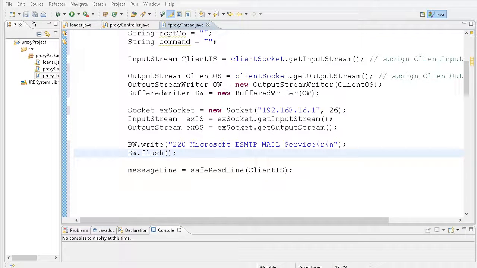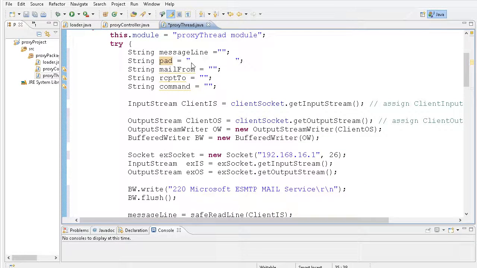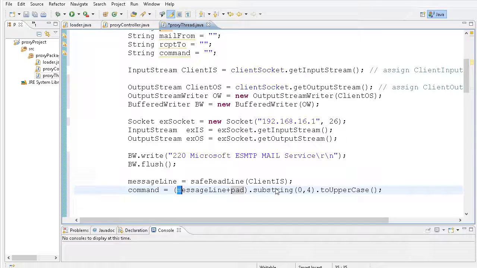Okay. So I will write the command out, and I know there's a 4-letter command coming. So we pulled the message line. I'm going to take the message line plus the pad, and the pad was just a string of empty characters, to make sure that I don't throw an index out of range error, and go for 0 to 4, which is the first 4 letters, and I'll take it to uppercase so that I can do a string comparison. So I'll push that into the command, because I don't care what happens after the command, at least not on this line. So then I'll create a test,